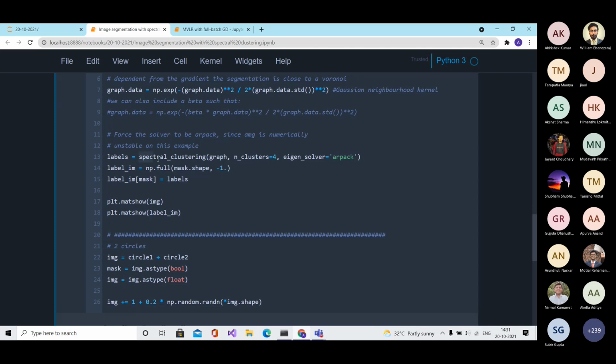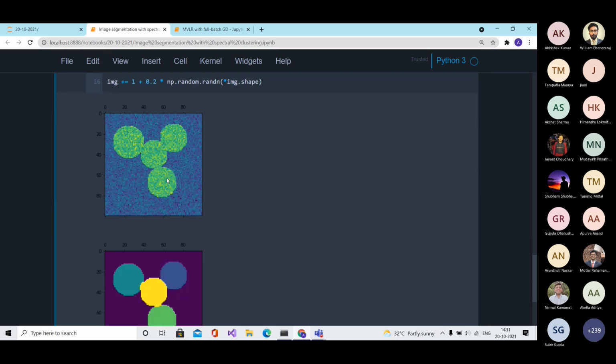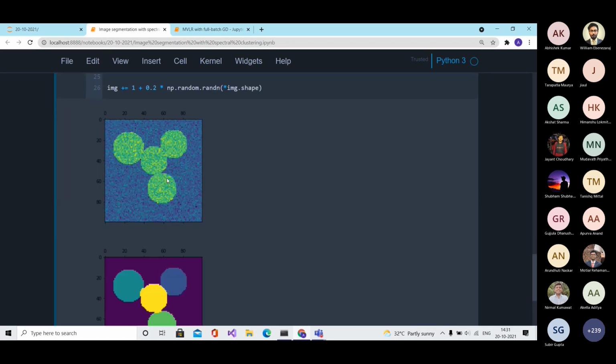Okay, so after you pass the graph into the spectral clustering function, it will give you the labels, and then you check which pixel belongs to which label. After that, we just do the plot.